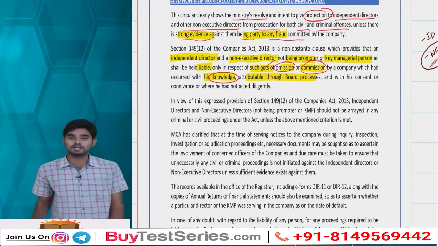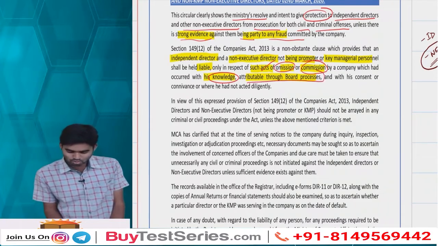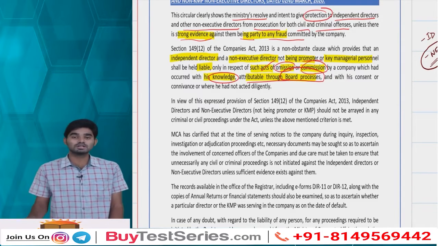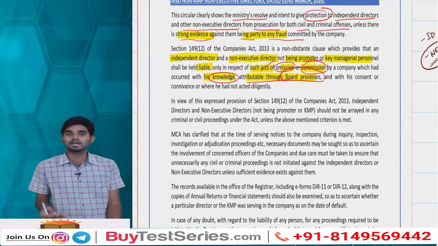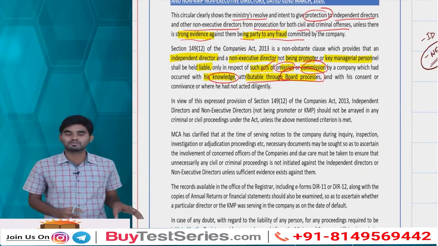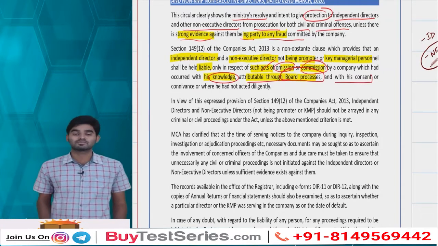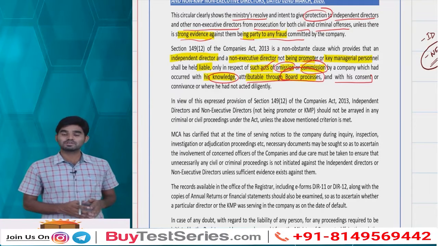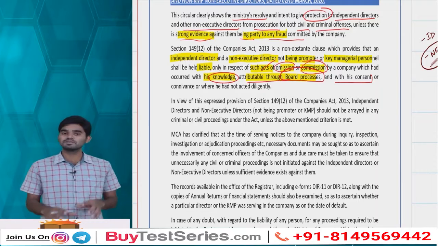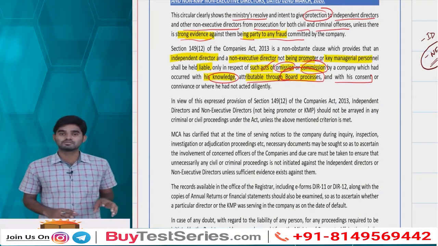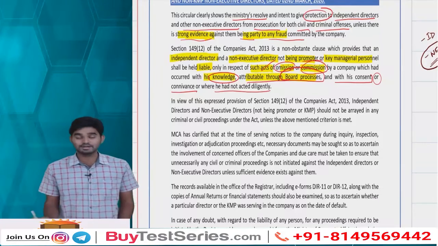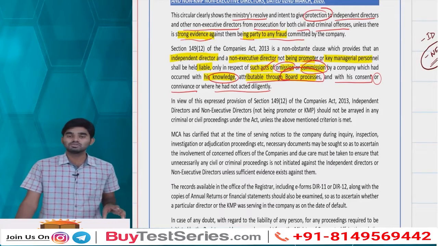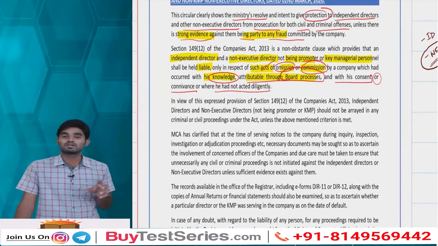So with the knowledge of that particular director or attributable through the board process, you are involved in that particular board, you knew that this company is making some fraud, still you haven't given any alarm that sir this is going beyond the law. And with his consent, you are aware of that particular non-compliance, you are aware of that particular fraud, or even you have given a consent for that particular fraud and you have an evidence for that, then you could be prosecuted. Or the last one, connivance, or where he had not acted diligently, then only in such case